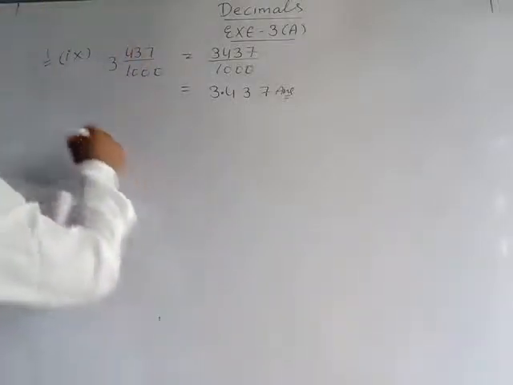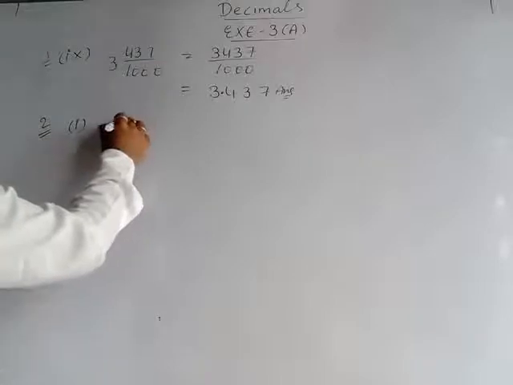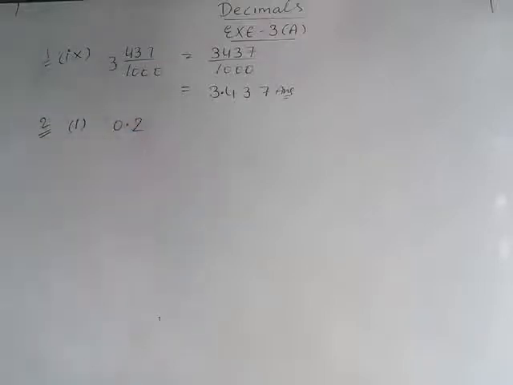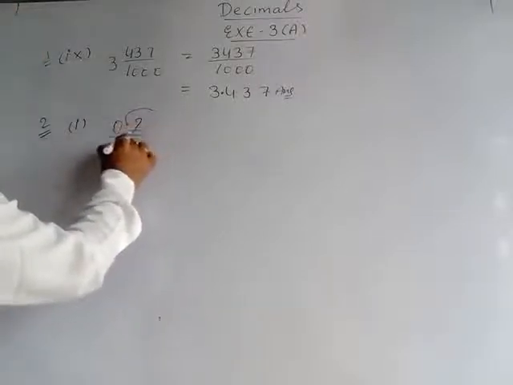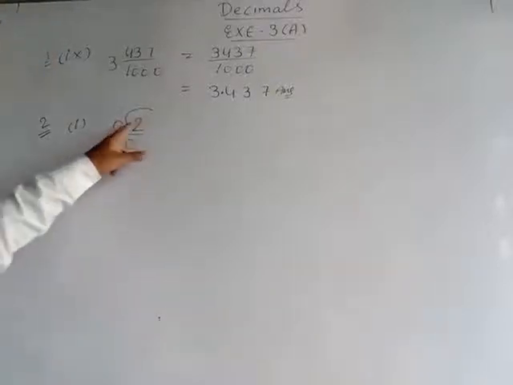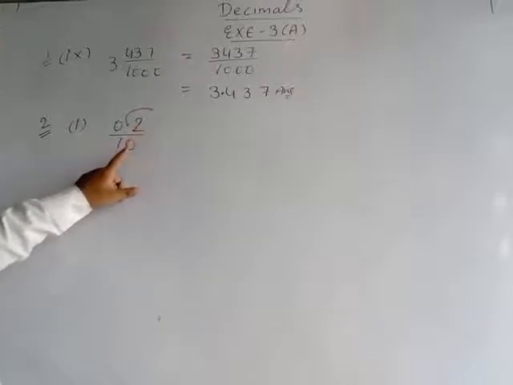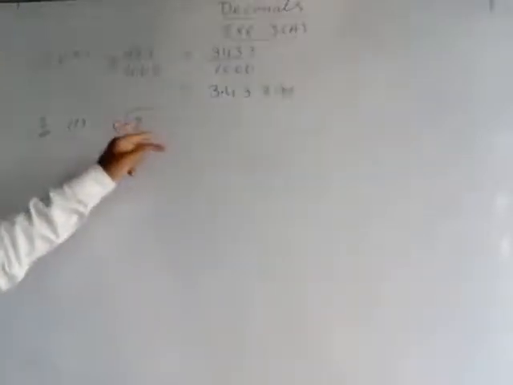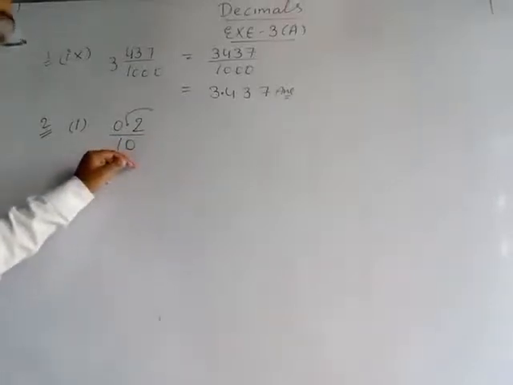So first of all what we will do, second question, part number first, all of you see 0.2 is given. First of all we have to change in fraction. So what we will do, this point we have to remove and in the denominator we will take 10. Why we will take 10? Because after the decimal on the right side 1 digit is there. 1 digit means you have to take 10. If 2 digits will be there, then we have to add 2 zeros. That means in the denominator we will take 100.